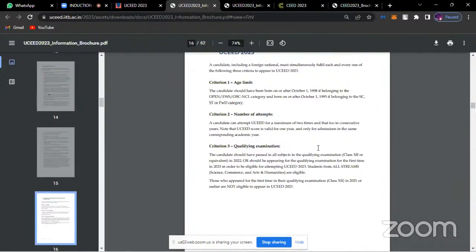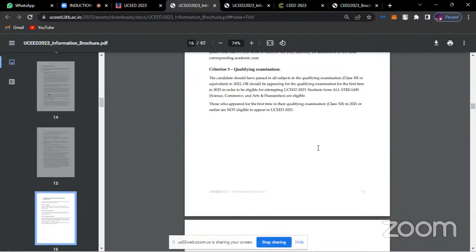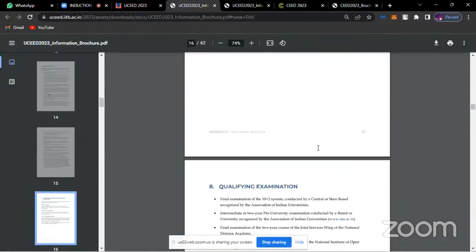For example, if you gave your 12th board exam in 2021, you will not be eligible to give UCEED 2023, because you were supposed to give your UCEED exam in 2021 and 2022, which is already gone. So I'm just clarifying that doubt over here right now.